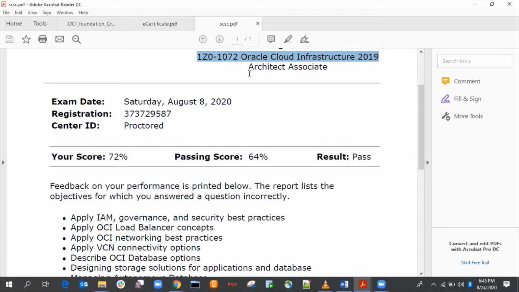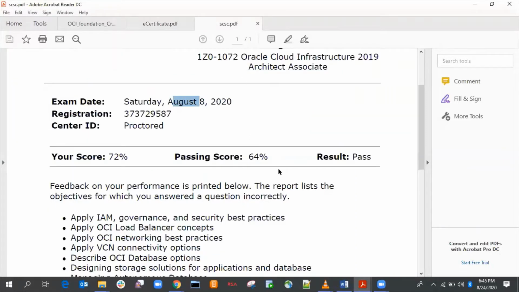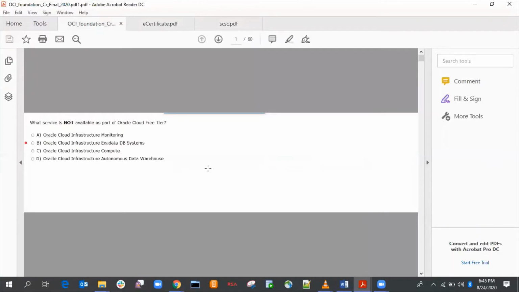I took the exam on August 8th, 2020, and I have passed the exam certificate. I'll tell you which terms we have to follow. I have followed these terms and I got 100 out of 100 questions from these terms only. Let us discuss one by one.